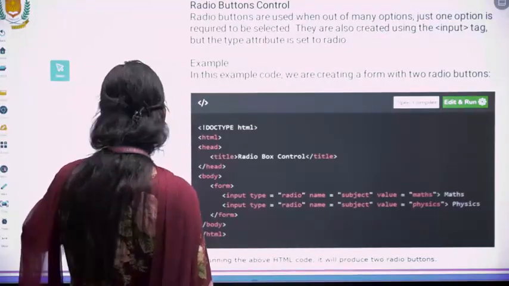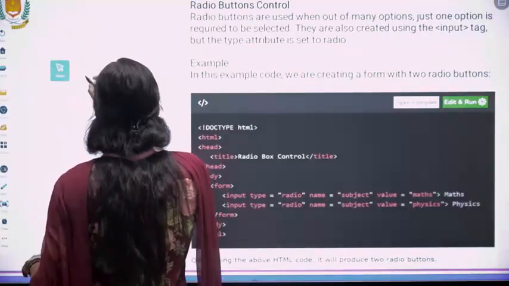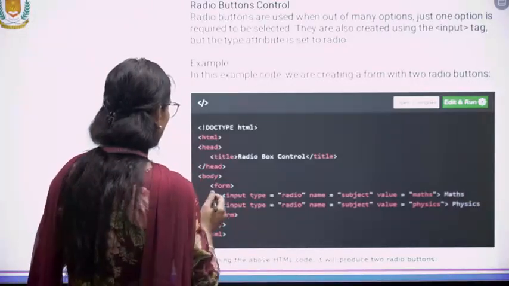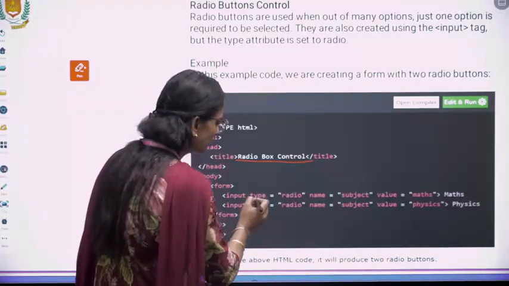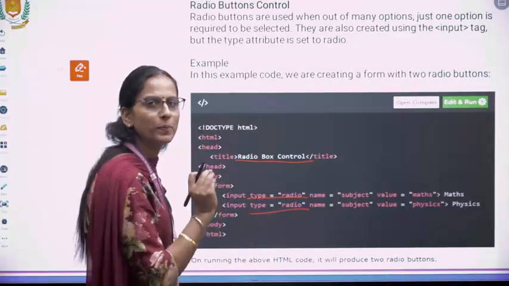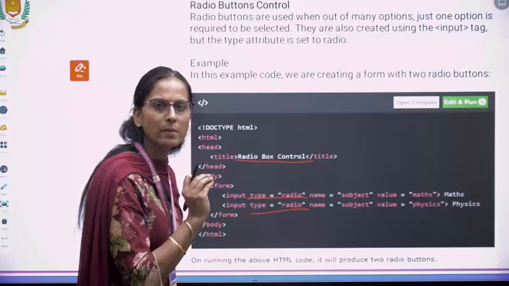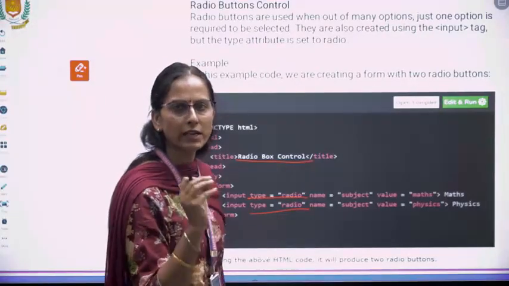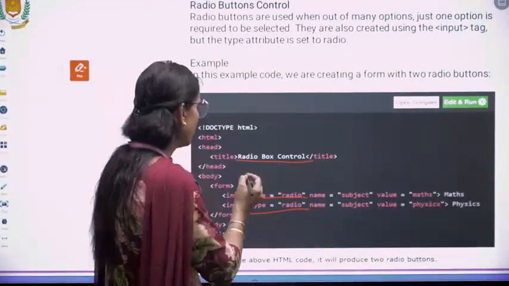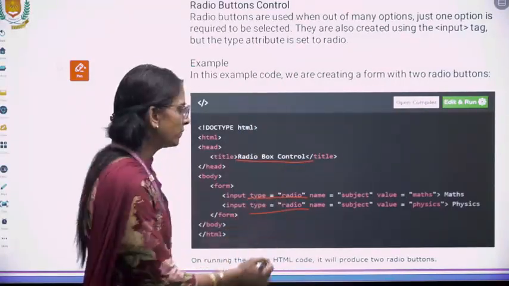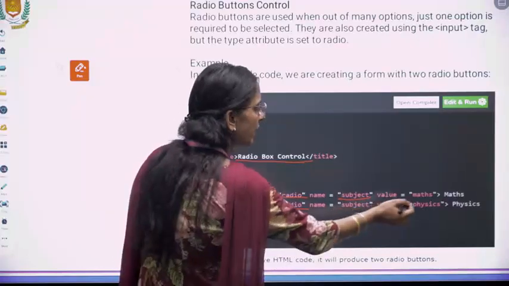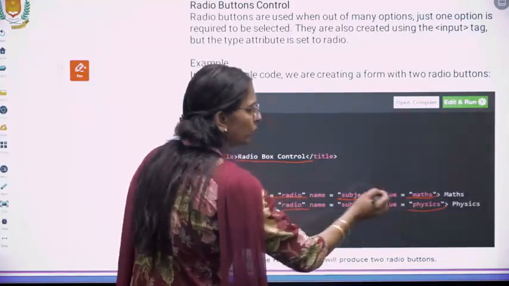These are the radio button controls. In the type attribute we specify everything. In the type attribute earlier we defined the text box, textarea, check boxes. Now we have type radio. In the radio you will write the subject, value is maths and value is physics.